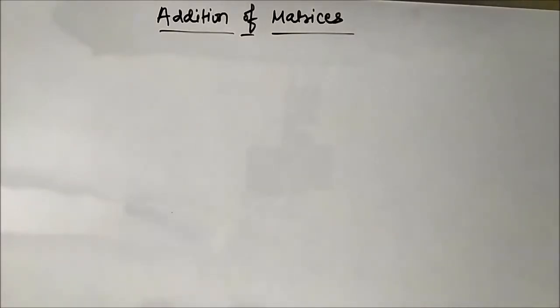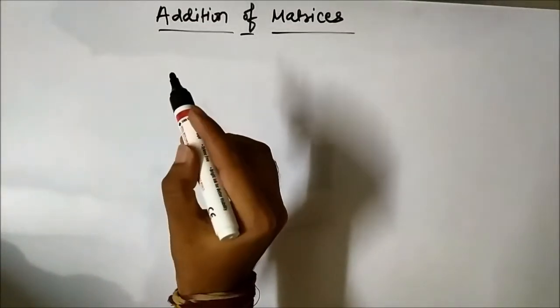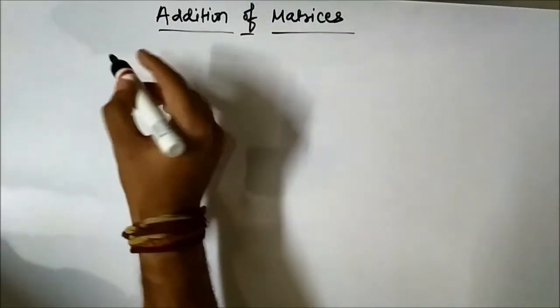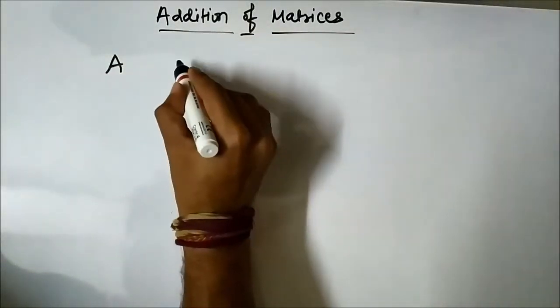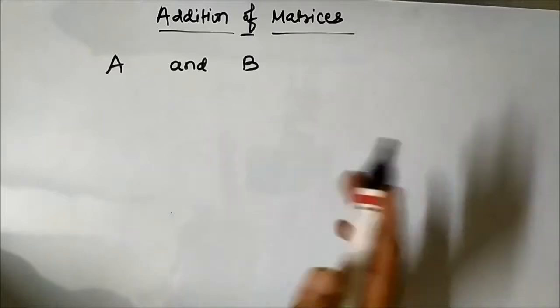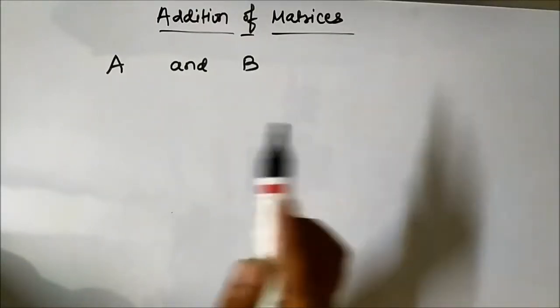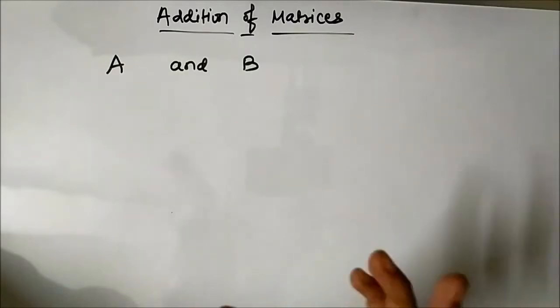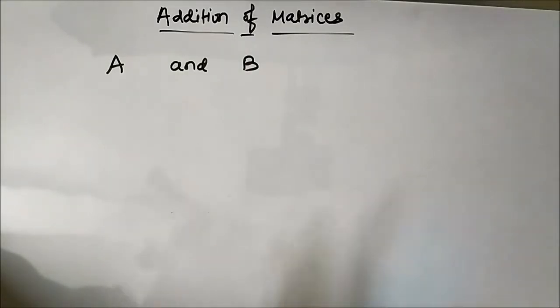Hello friends, in this video we are going to discuss the first basic operation associated with matrices, which is the addition of matrices. For two matrices, let's say A and B, if they are to be added, they are eligible for addition if both of them have the same